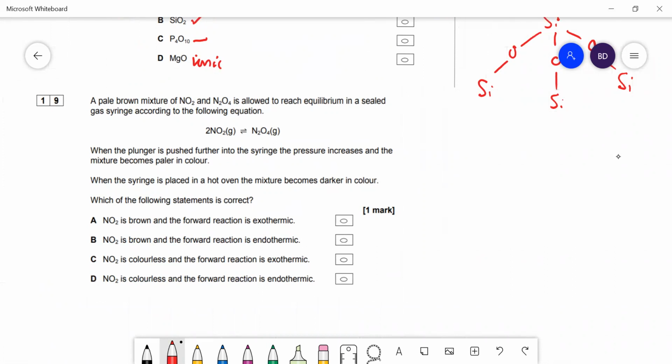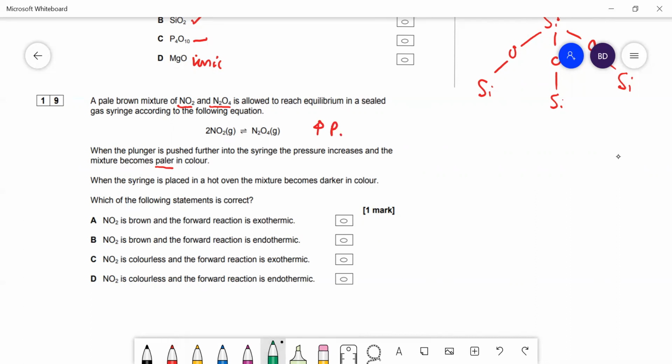Okay, so this is quite a hard one as well. We have a pale brown mixture of these two gases. When you push the plunger in, the mixture becomes paler, so the brown color fades. Okay, now let's see what's happening. You've increased the pressure. So if we increase the pressure,